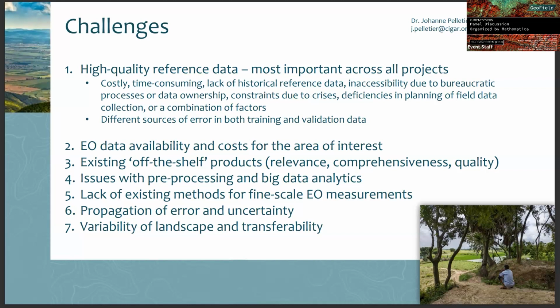If you develop a map that has some accuracy, like 70% accuracy to measure conventional tillage and zero tillage, and you use it with another product that has another accuracy, it propagates the error. So at the end of the day, it can really affect the value of remote sensing derived products